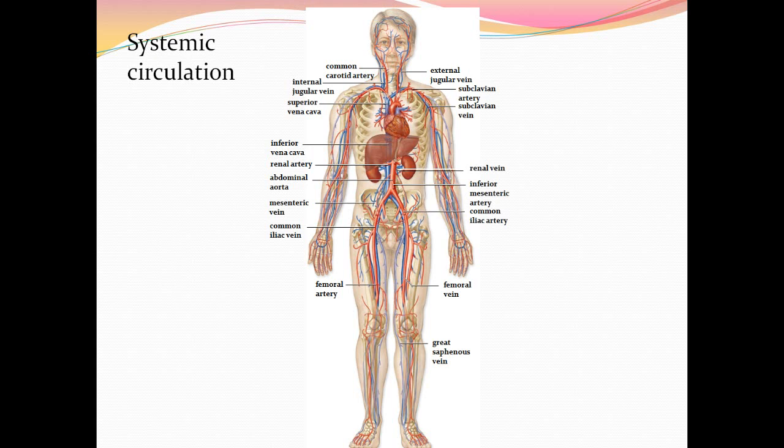Okay, so here's your heart, here's the aorta. We come off the aorta and go out this subclavian artery. There's also a subclavian vein that's going to bring blood back. Common carotids take blood to your brain. Jugular brings blood back from your brain to the heart. I guess you should know the renal vein goes to the kidneys.